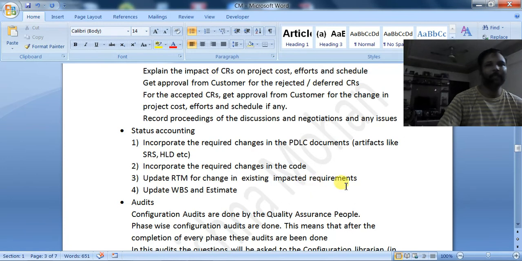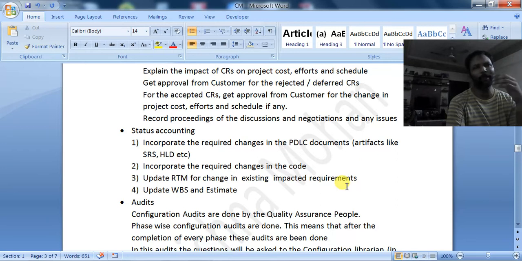Impacted requirements: in the RTM we will have the requirement IDs and the requirements. Sometimes new requirements may be added, and old requirements may be deleted, so you have to modify the requirement traceability matrix accordingly. Again a new estimation has to be done on the new planning.